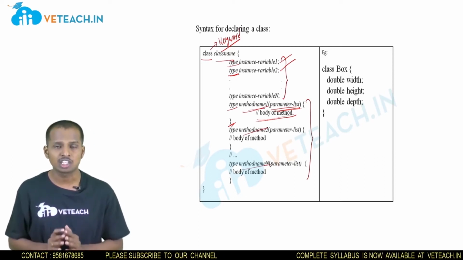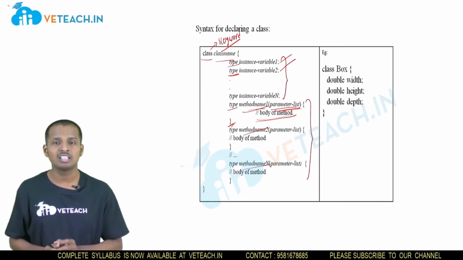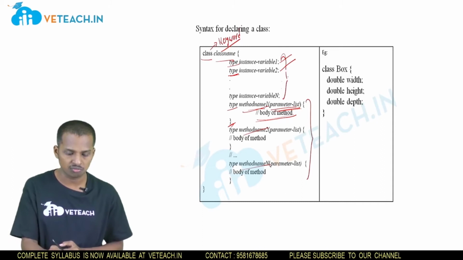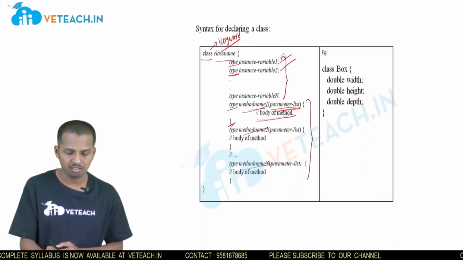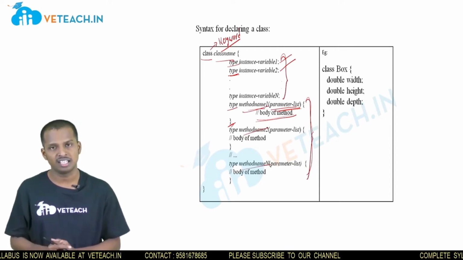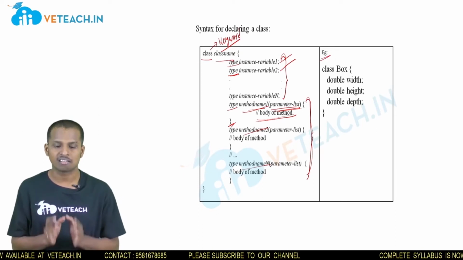So class is a collection of data members and member functions or methods. All the variables that we use have to be declared by using these first steps, and the methods that we use have to be written with their definitions by using this syntax. Let us see a small example. How to write a class.